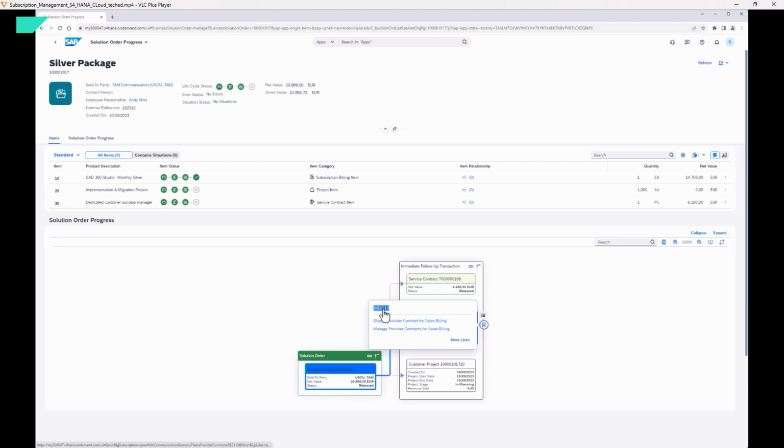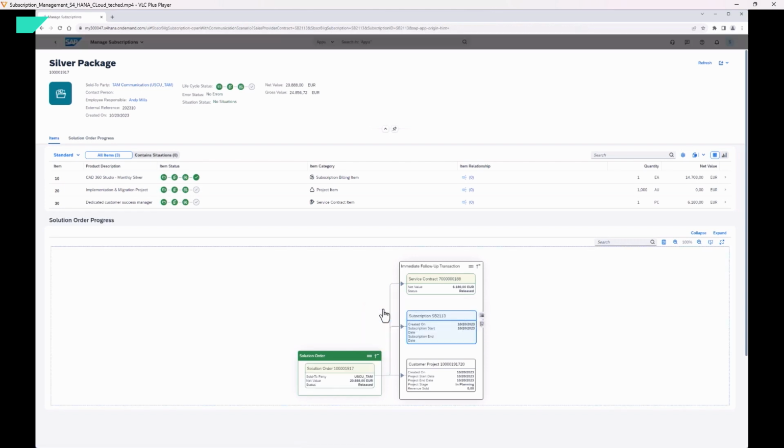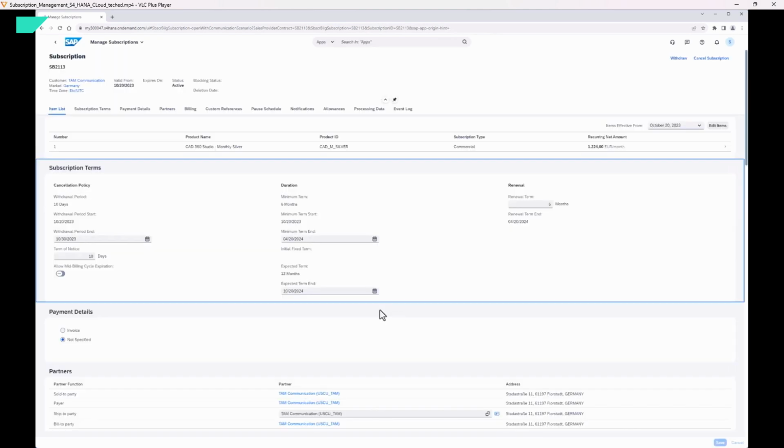For example, I can click on an ID, and out of the solution order, I will open the subscription app, manage subscription, directly in the same context. So let's have a look at the subscription that was created. We have a long-lasting business relationship in a subscription, so we can see all kinds of terms here, like renewal terms, duration, etc. But today we want to focus on the technical aspect a little more, so I want to move on with